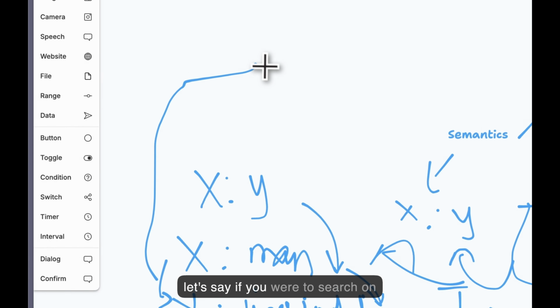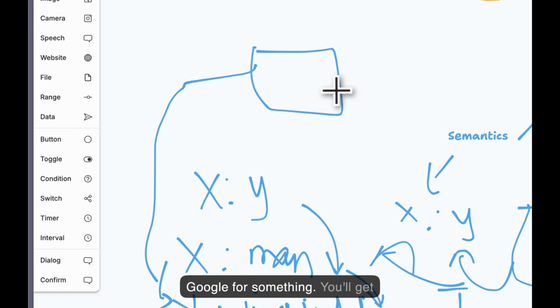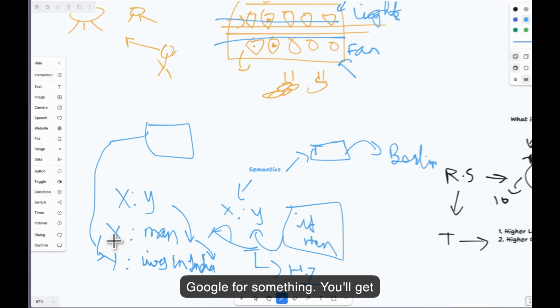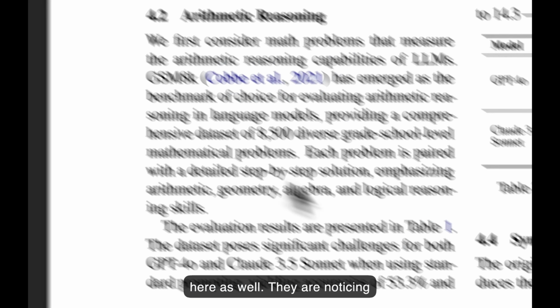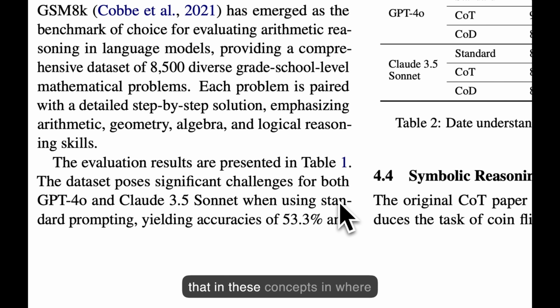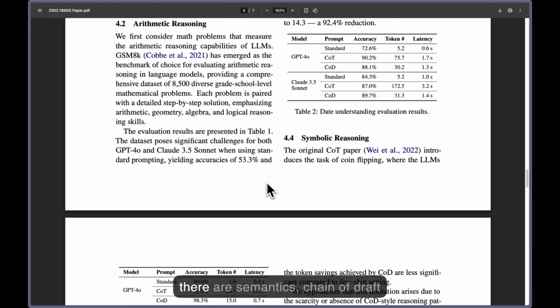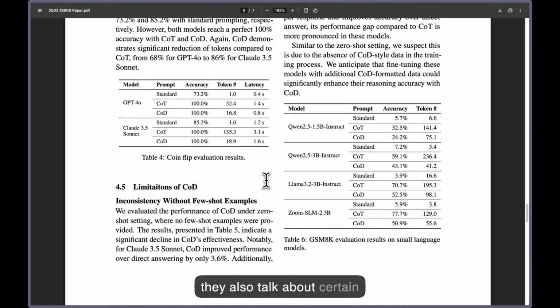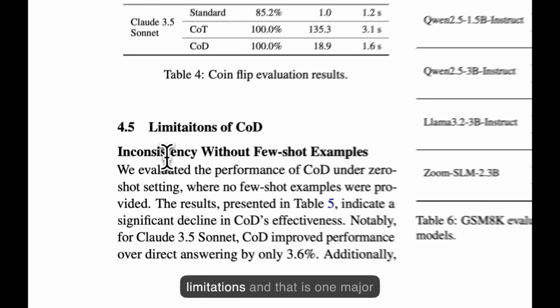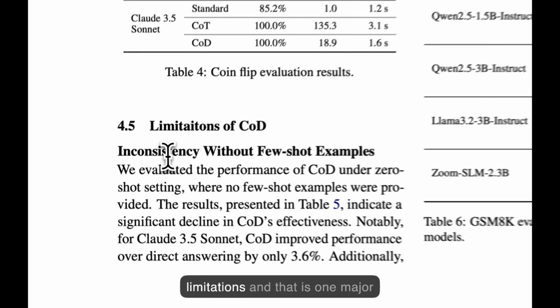If you were to search on Google for something, you'll get results based on that. This is what they're doing over here as well. They are noticing that in these concepts, where there are semantics, chain of draft performs better. But obviously they also talk about certain limitations, and one major limitation which they talk about is inconsistency